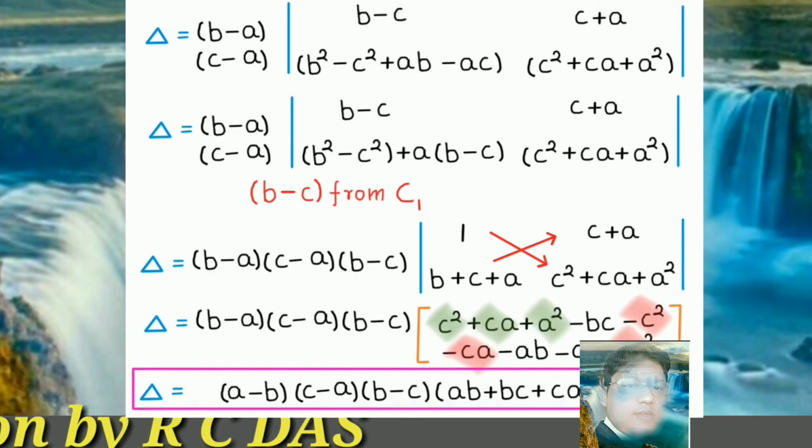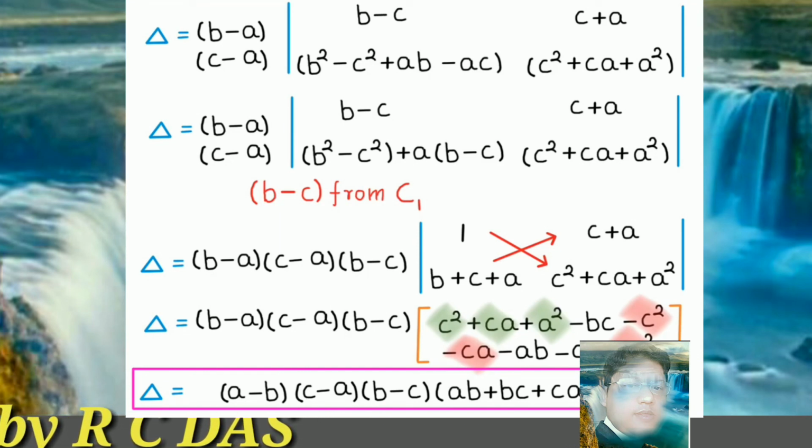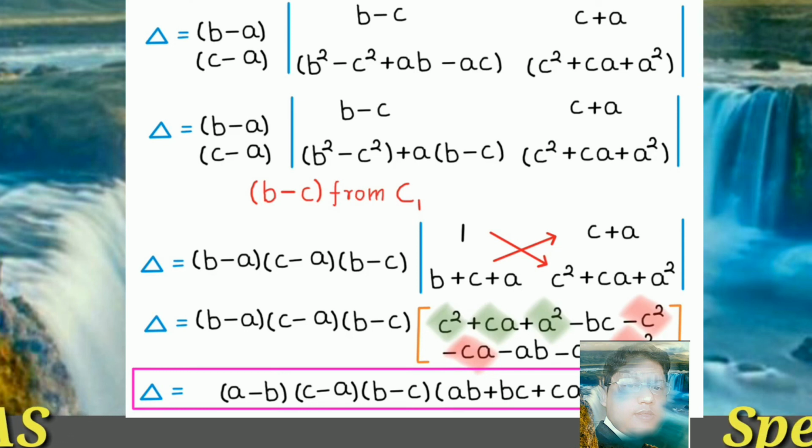So my students, like these questions, when you do them, just watch the right side, what the question asked. According to the right side, if you apply the identity or apply the operations, you surely, 100%, get the result. So my students, I will also provide you some important questions in the next video. This type of question is very important and essential for all the students of 12th class.